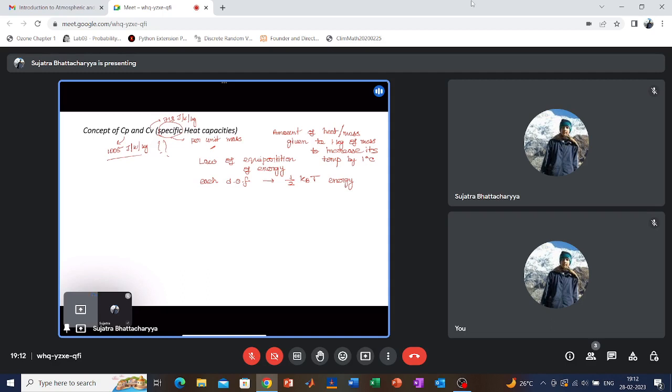Let us consider the case of a monoatomic gas, which in our atmosphere is very rare. The chance of diatomic gases is much more. So a monoatomic gas will have 3 degrees of freedom, right? 3 translational degrees of freedom. That's all. So for one molecule, or not a molecule, it will be one atom,